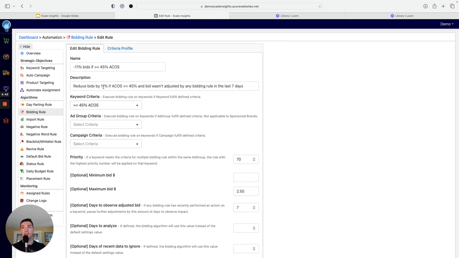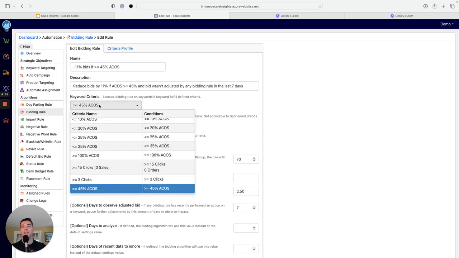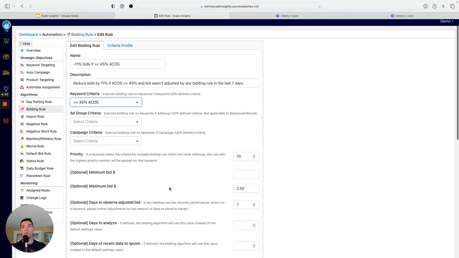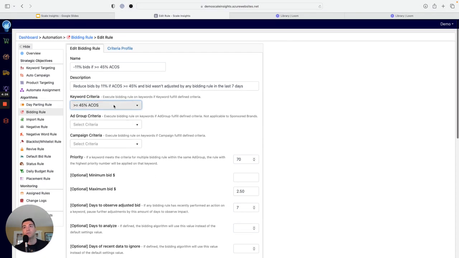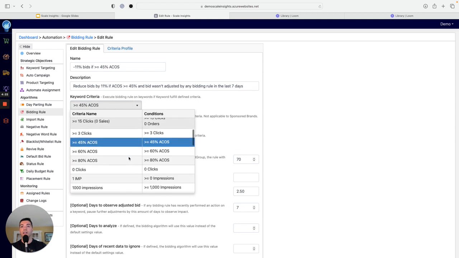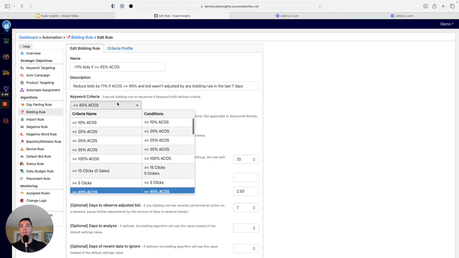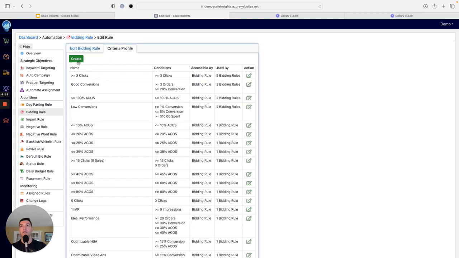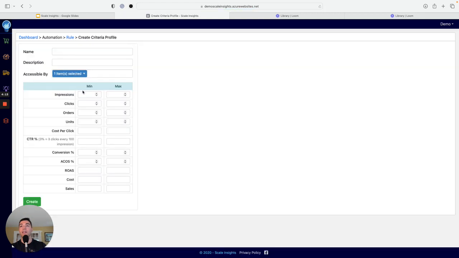Name and description, self-explanatory. Keyword criteria. This is the trigger that says, hey, Scale Insights, when this keyword reaches this ACOS, or this many clicks, or this many orders, then I want you to adjust the bid. So keyword criteria you can select from the presets, but if you don't see one that you like, you can go to the criteria profile, you can click create,